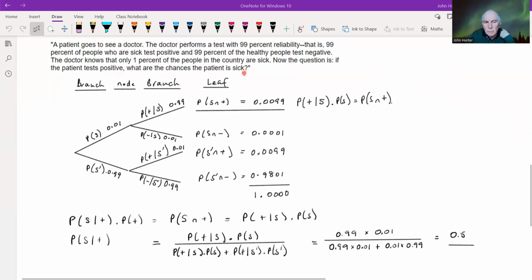So here we've got the conditional probabilities given to us, like the probability that they're positive, given that they're sick. What the final sentence is saying is, if the patient tests positive, what are the chances the patient is sick? So what we want is the probability of sick given test is positive. So this is another one where we're inverting the conditionality. Okay, so if we just apply this into a probability tree, then